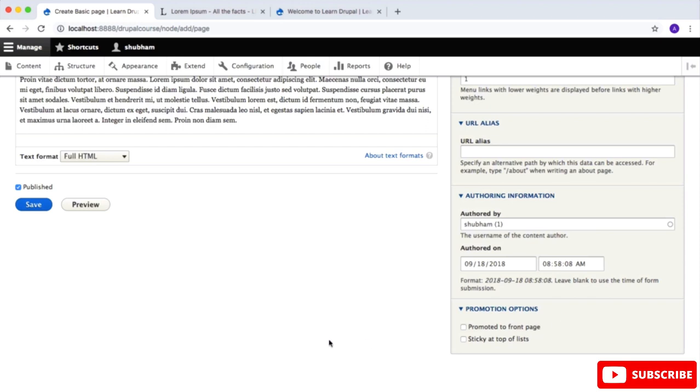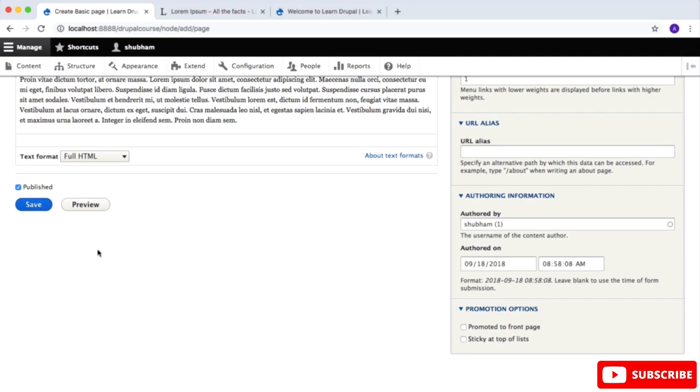Well, if you want to promote your about us page in the home page, then you can click on that and it will promote it to the home page. And if you have a lot of content on your home page and you want to stick this about us page on the top of all the list of the content, then you can click on that checkbox and it will do that, but we don't want to do that.